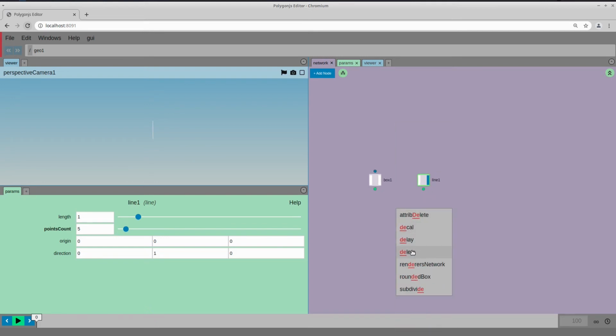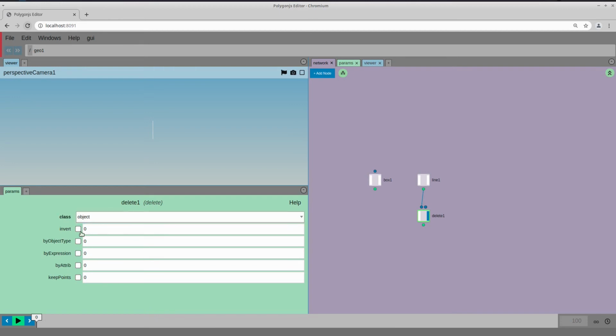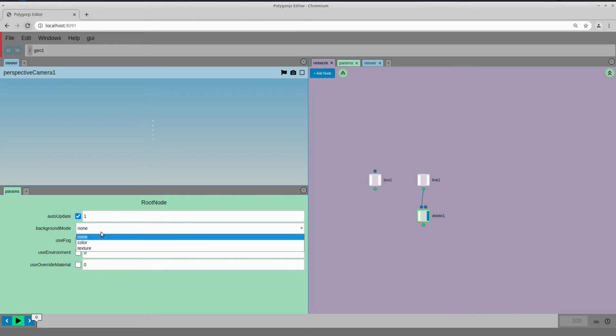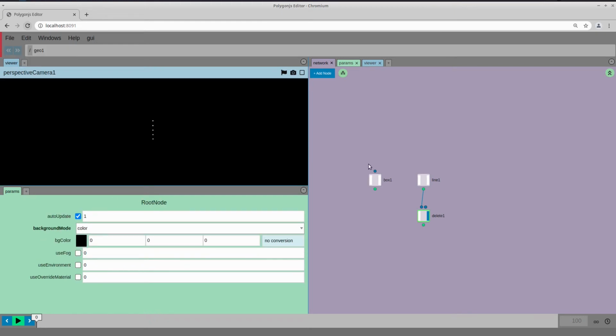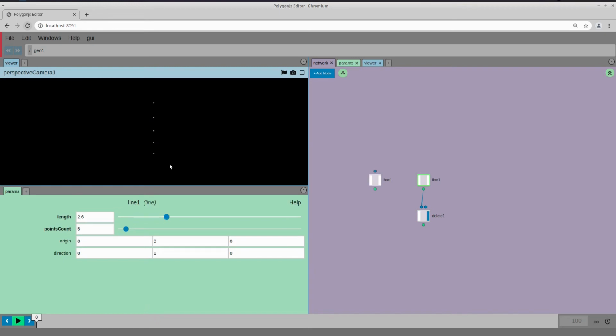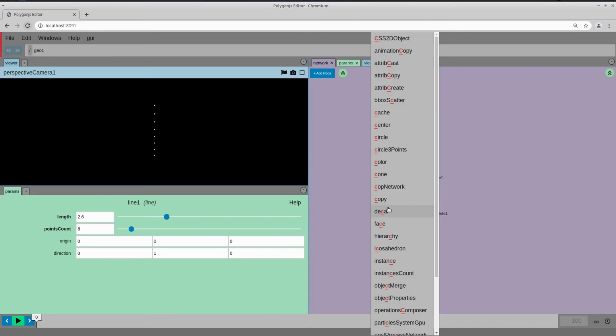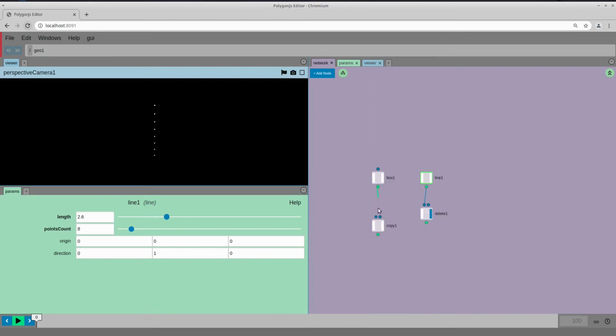So the best way to see them is to use a delete node, selecting the object mode and not keeping everything, but keeping only the points. Now I can see them, and I can see them even better if I set the color to black. So now you can see as I increase the size of the line, or the number of points, I have many more appearing. And using a copy node,